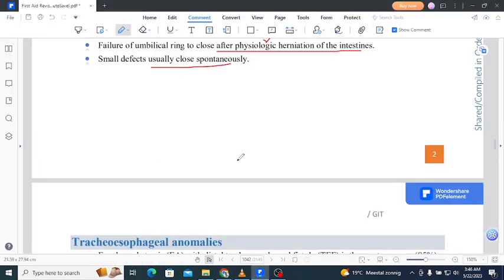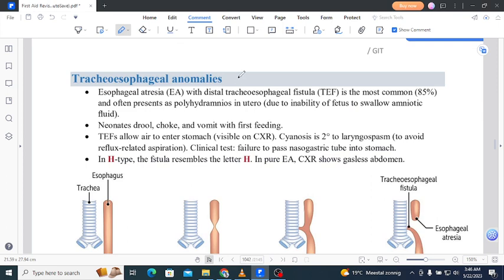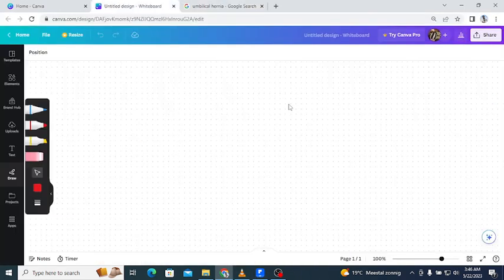Then let's come back. Tracheoesophageal anomalies, a very high yield concept. Esophageal atresia with the distal tracheoesophageal fistula is the most common, 85%, and often presents with polyhydramnios in utero due to the inability of the fetus to swallow the amniotic fluid. Now the basic mechanism is that